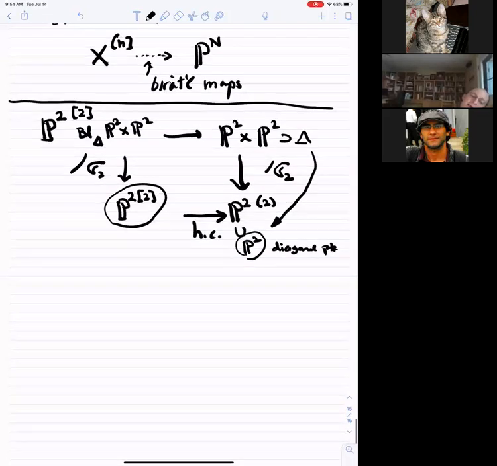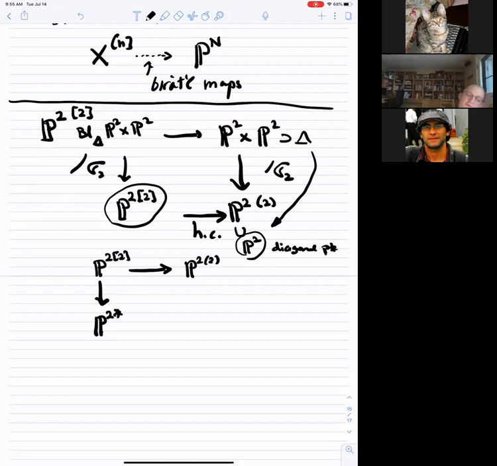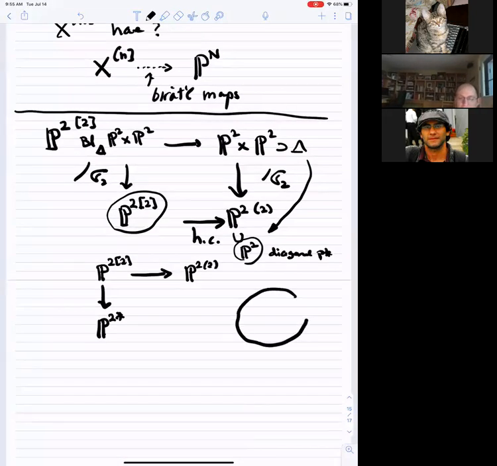And then you see this Hilbert scheme has one more map. One interesting map, of course, is the Hilbert scheme's morphism. So this is the symmetric product, but this also maps to, if you want, P2 dual. Now, how do you map to P2 dual? Here is what you can do. So if you have P2,